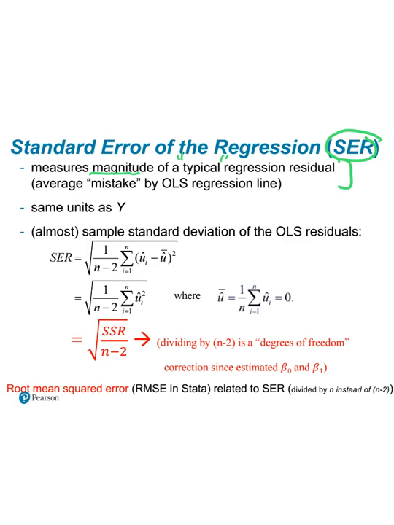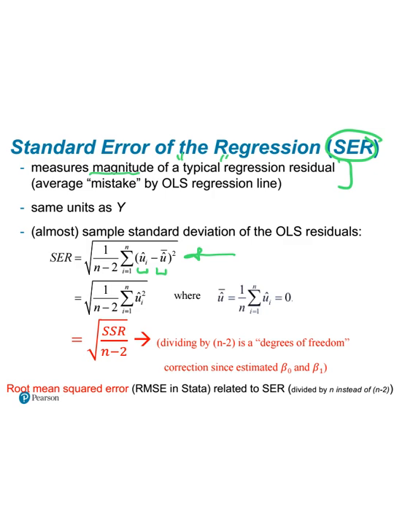Now, this is sort of a complicated formula. And again, like all applied topics we'll talk about, thankfully, Stata and regression software does a really good job of conveniently calculating it for us. But it's important to know where it comes from so that we can interpret it properly. What we have functionally is we're going to take the squared difference of the estimated residual and subtract that from the average of the estimated residuals. We'll take that difference, square it, sum them, and multiply that by 1 over n